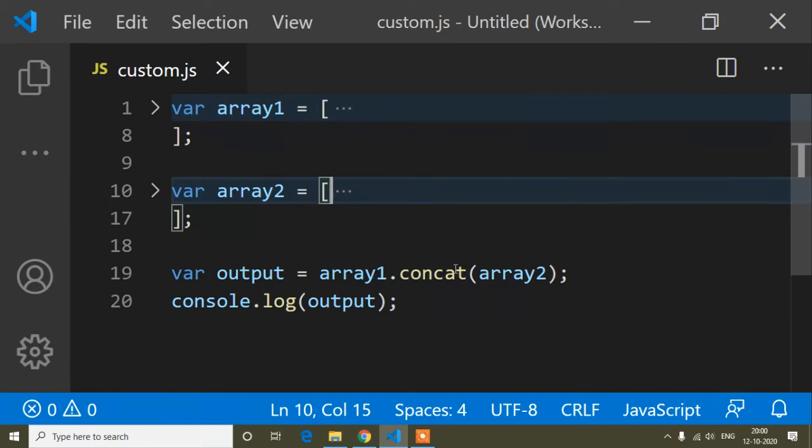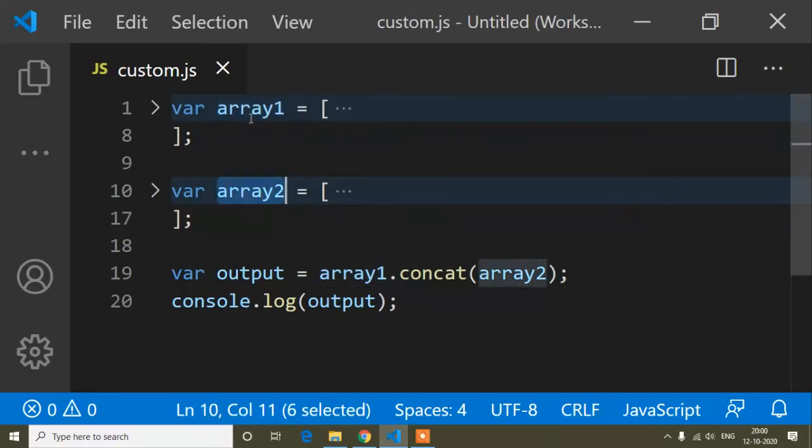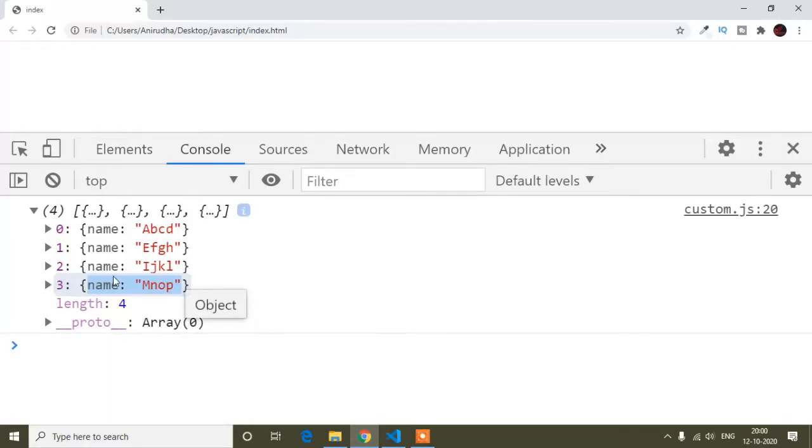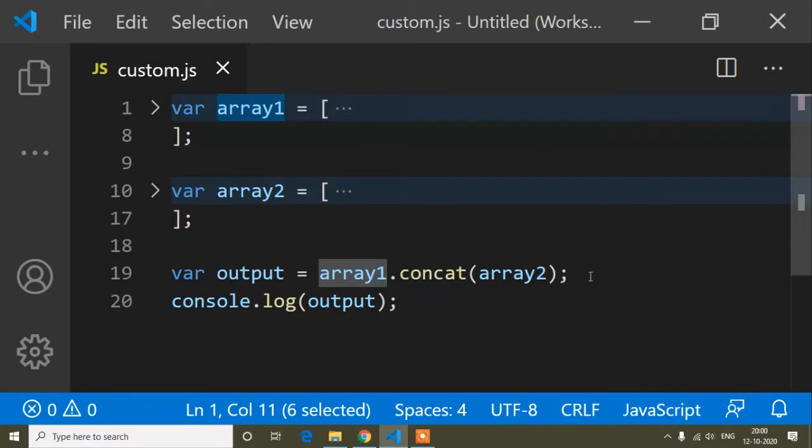So array concat is used to concat the arrays into one array. So these two arrays' values, now we are getting in a single array. So this is the use of array concat.